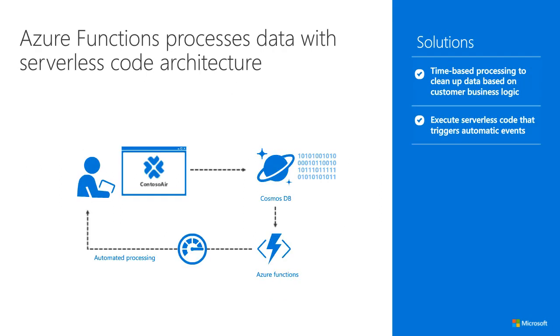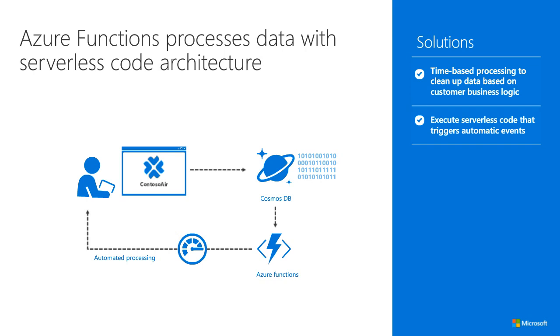Next, moving closer to that serverless architecture, they can actually use Azure Functions to process the data. Contoso Air has Cosmos DB as the backend database, and then that could pipe through Azure Functions for automated processing. Through that processing, you can either clean up the data, or trigger events based off of the data that's coming into Azure Cosmos DB. This is a really flexible way of doing the serverless architecture, so that you can decrease the amount of management and maintenance you're doing